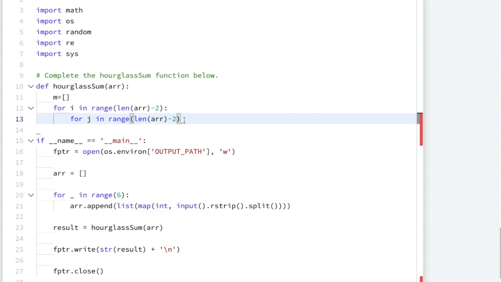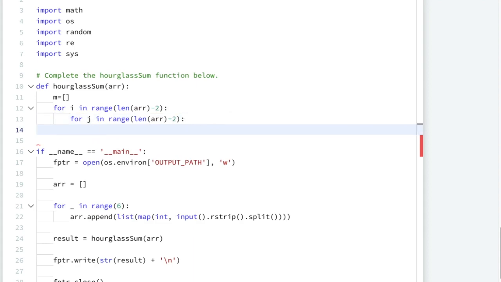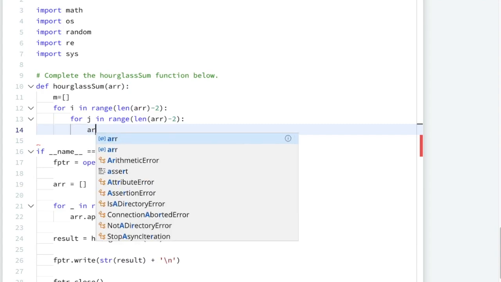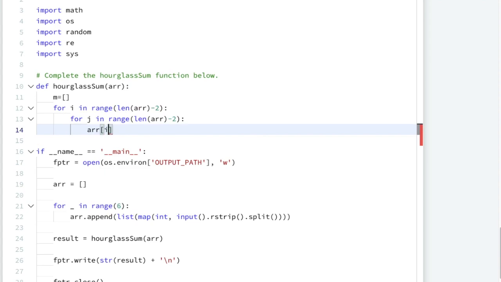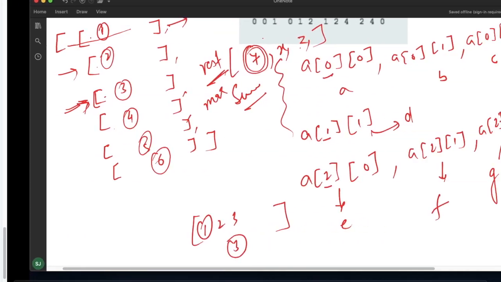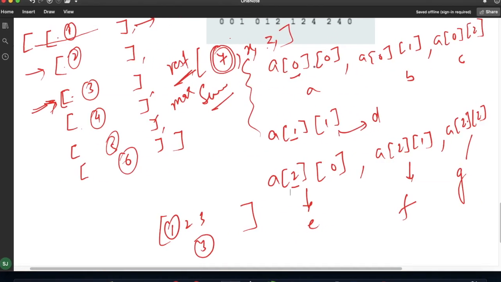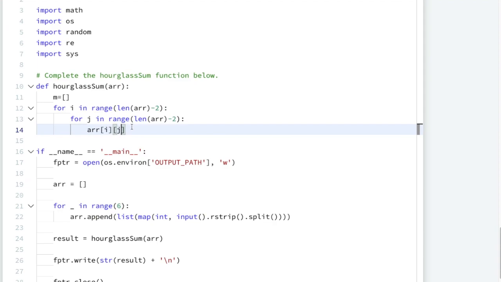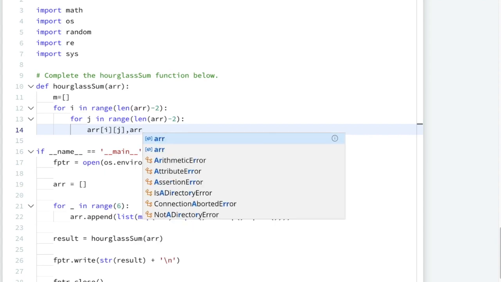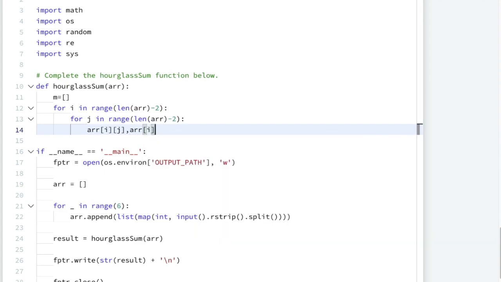Now we have to get the values. So let me first calculate the very first element, array of i comma j. This will be my very first element, A of 0,0. Now the second element will be array of i comma j plus 1.